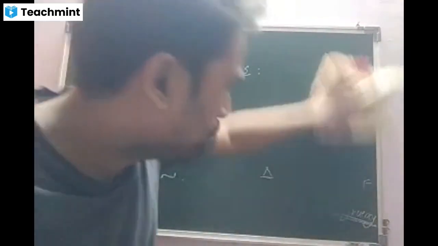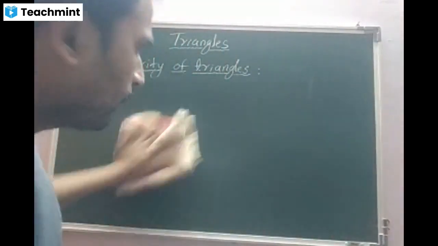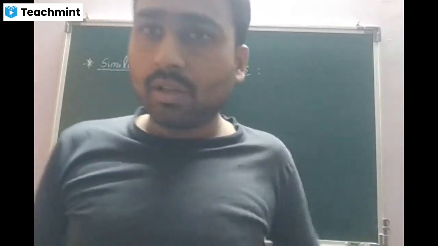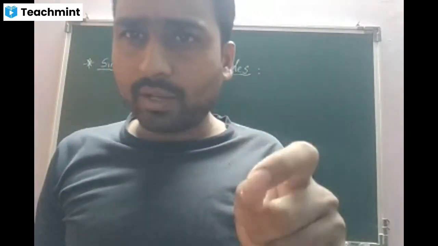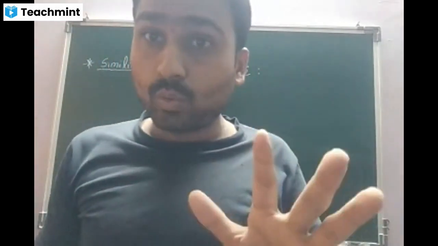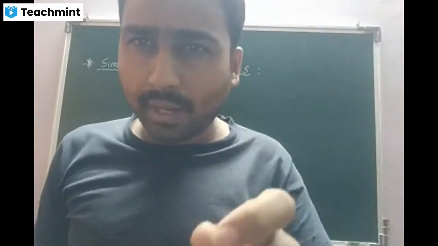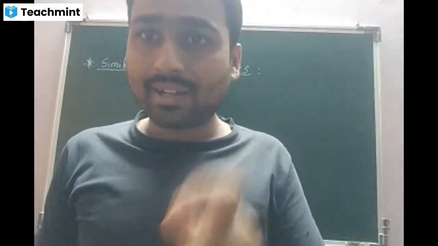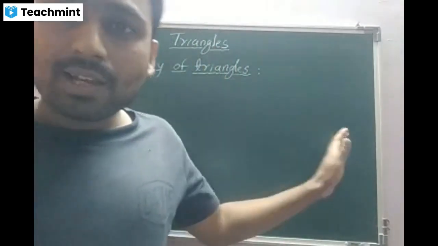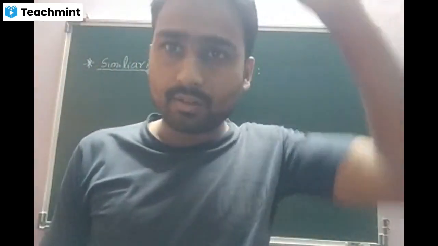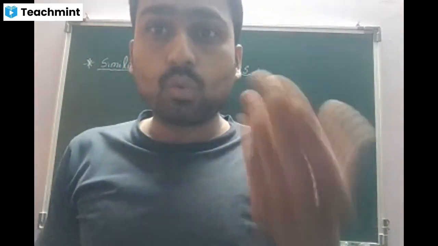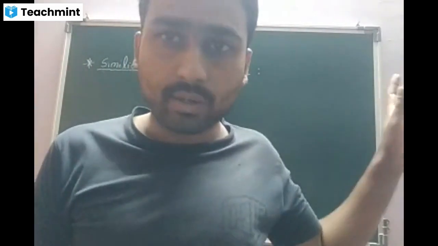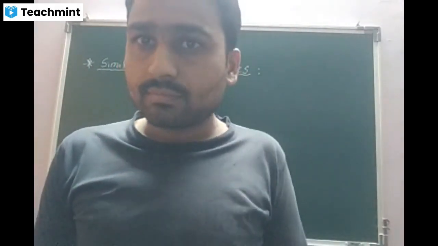Fine, beta. Now, while solving the problems, we always come across corresponding sides and corresponding angles. Remember one thing, beta. Everyone, including highly experienced teachers, also sometimes go wrong in judging the corresponding sides and corresponding angles. If the triangles are in the same direction, there is nothing to worry. You will come to know when I solve the problems that the direction of the triangles will be rotated however. Am I right? Yes, sir.